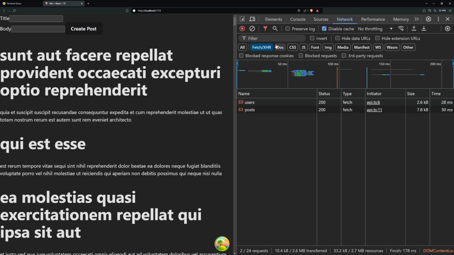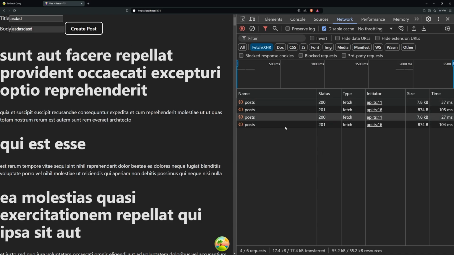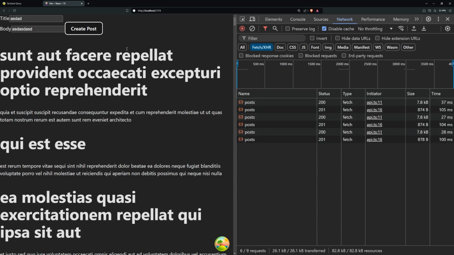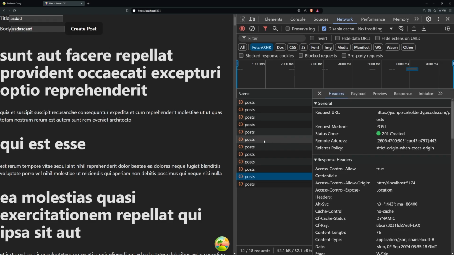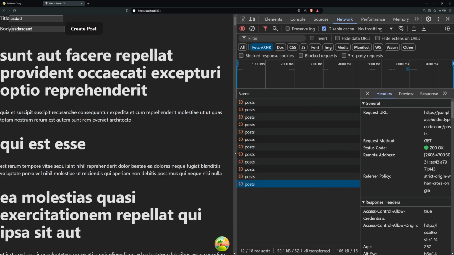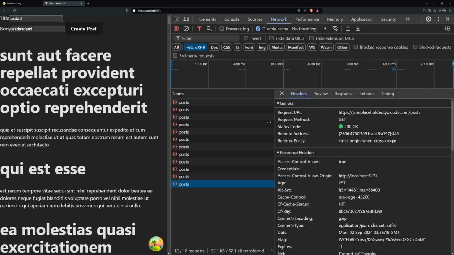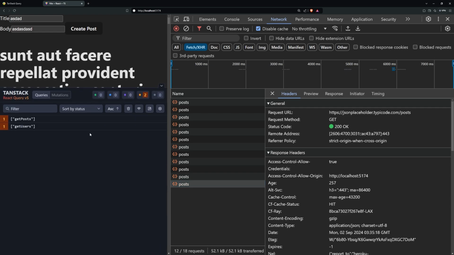Again, if I refresh the page right now, you can see that right over here, it is making that get request. And maybe in some cases, it might make the 201 call. Yep, in this case right over here, it made the post request first, and then it made the get request. In some cases, that will happen, right? Of course, again, it's like a race condition. Which one happens first? Which one resolves first? Okay, if we look at the dev tools,